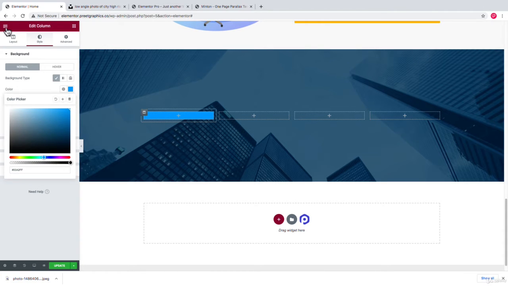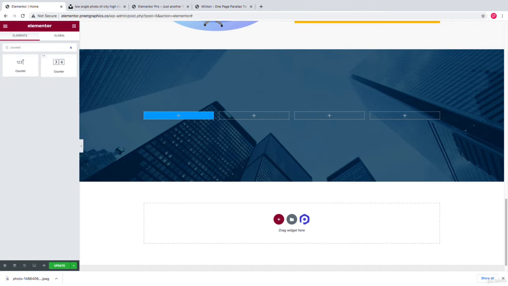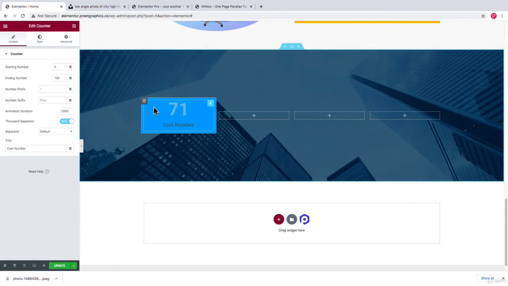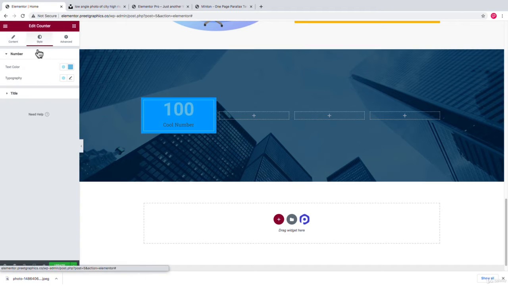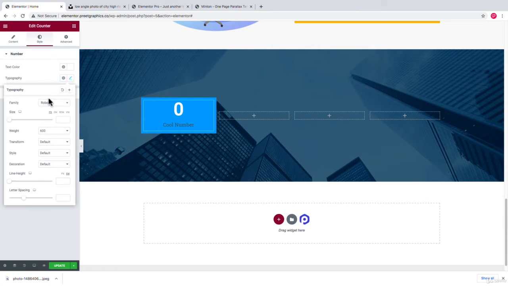And now in the search widget you can simply search counter. Now you can see we have these two widgets, counter, this one and this one. Basically this is the Power Pack widget, which comes with this icon, but this is the default counter. We are going to use the default counter widget. Simply drag and drop this counter widget right here, and first of all, let's change the style. Go to style, and I'm going to change the text color to white, and in the typography I'm going to change the font to Poppins,